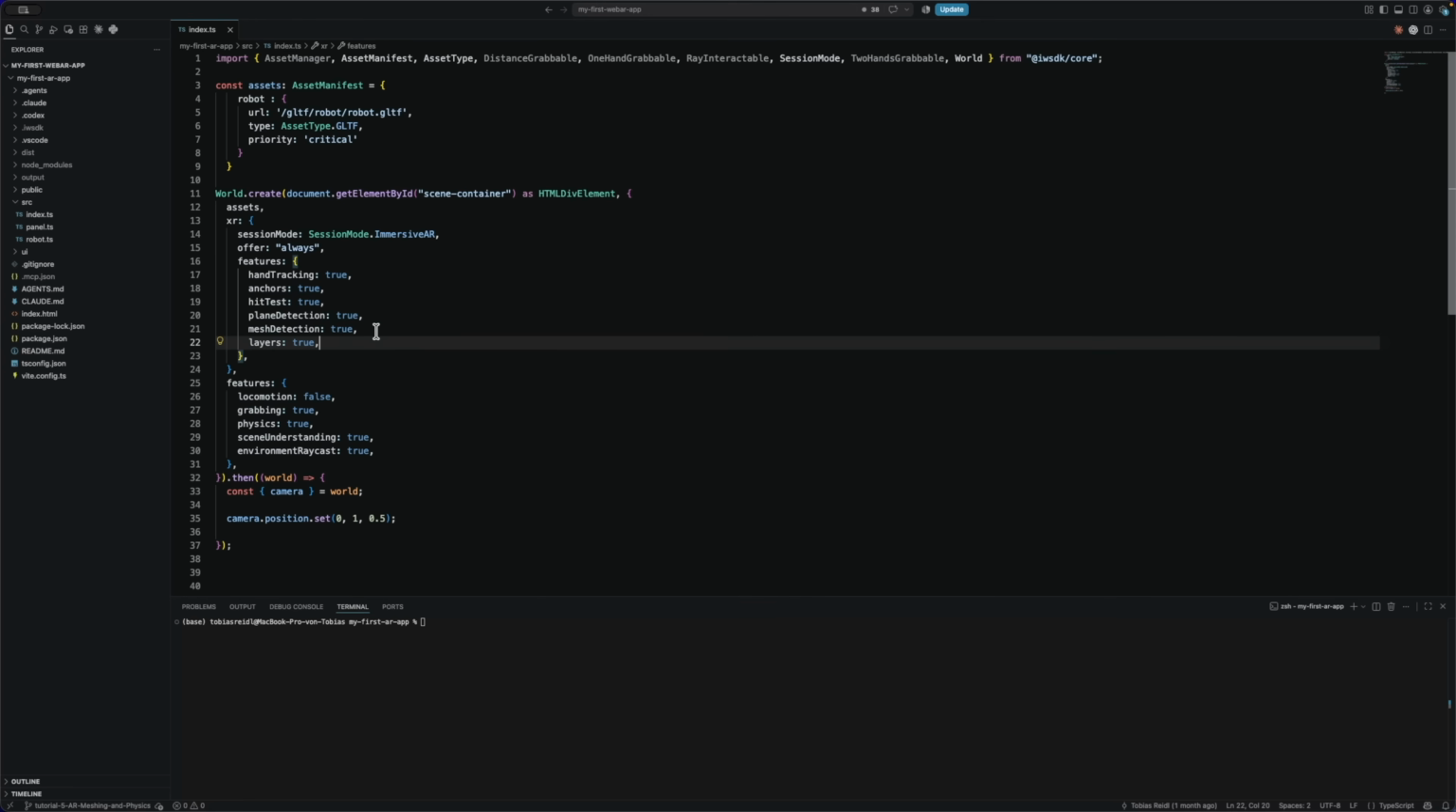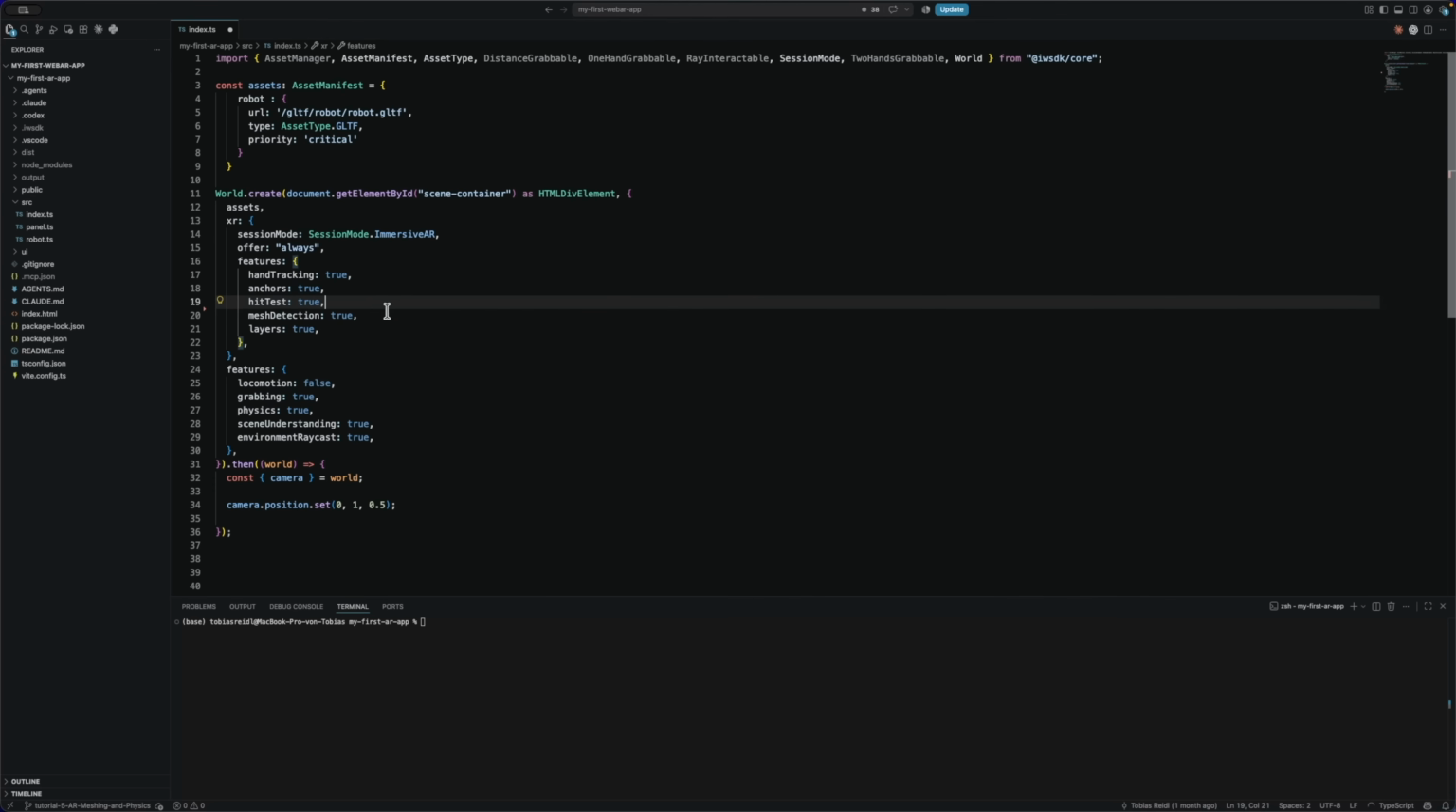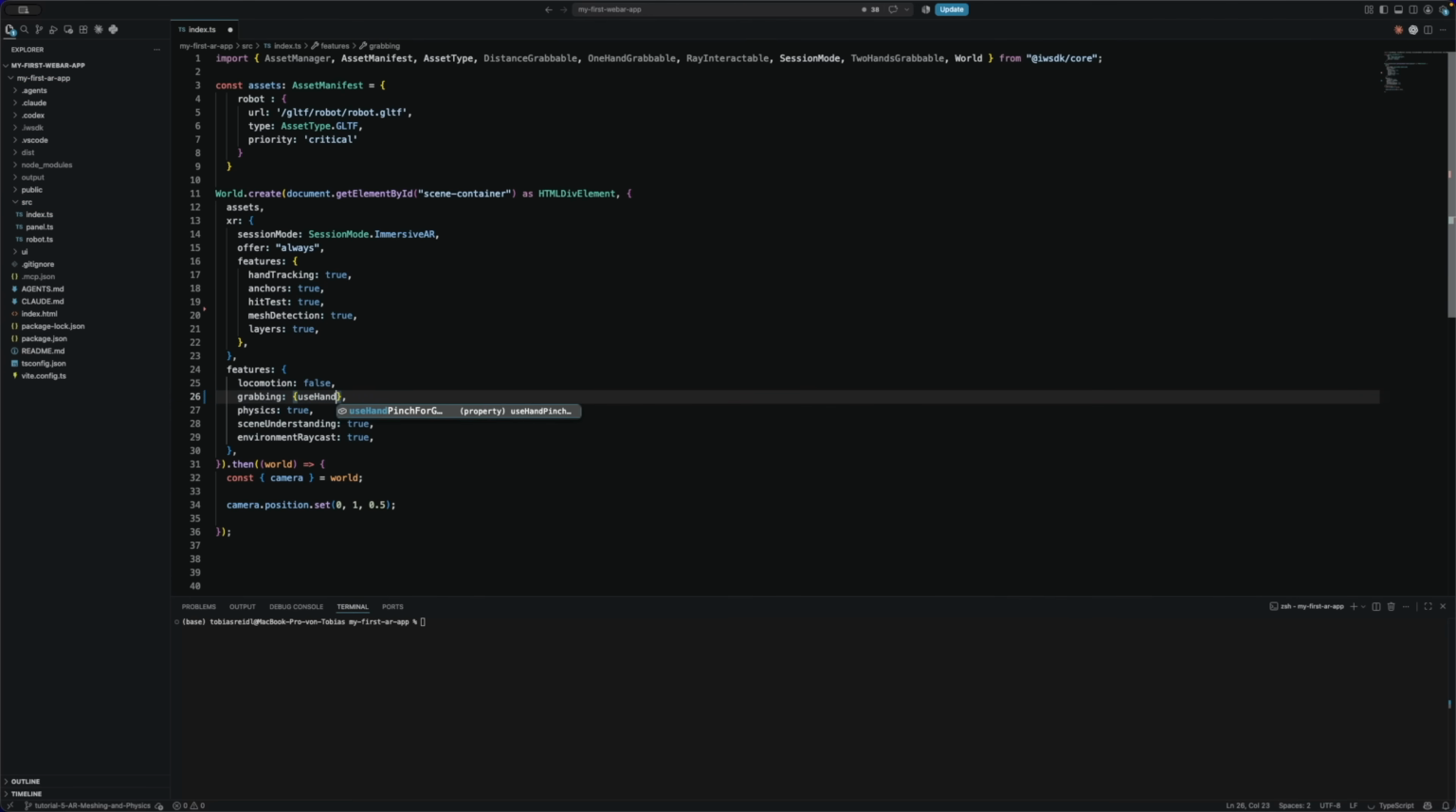So the first thing that we want to do here is remove the plane detection, as we don't need it for this tutorial, and everything else we want to leave here to true. One thing that we want to do down below here in our grabbing is activate a feature, which is the use hand pinch for grab. And we want to set that to true, and that will make testing a little bit easier, as we don't need to do a grab with our hand, but we can just do a pinch to later on move the